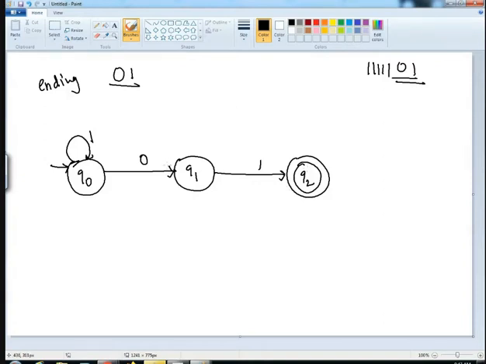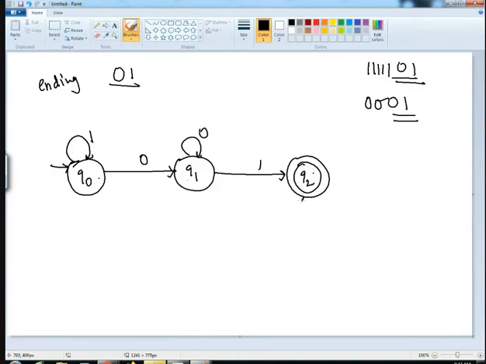Similarly, if you're talking regarding the 0 of Q1, we can give a self loop in this case because it will take 0, 0, 0, 1. So if the input given to the machine is 0, 0, 0, 1, still it is ending with 0, 1. So the machine will take Q0 to Q1 on the first 0, Q1 self loop takes 2 zeros, and again comes to the Q2 state, which is an accepted state.